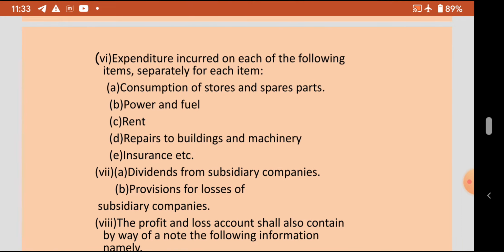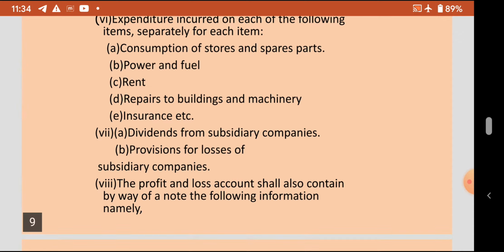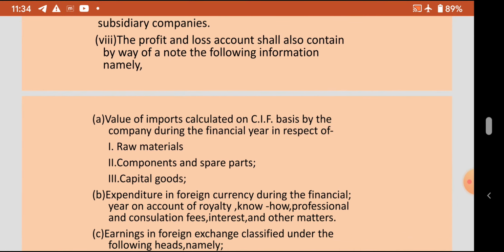Expenditure incurred on each of the following items separately for each item shall include the following components: consumption of stores and parts, power and fuel, rent, repairs to building and machinery, insurance, and then dividends from subsidiary companies, provisions or losses from subsidiary companies. The profit and loss shall also contain by the way of notes the following information, namely